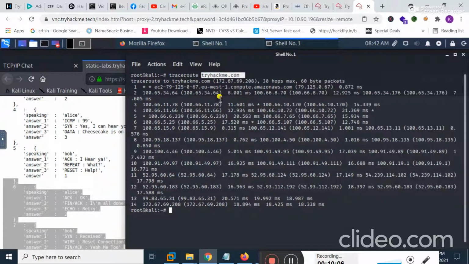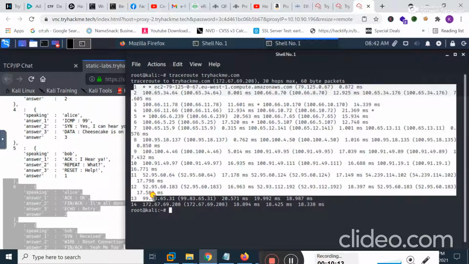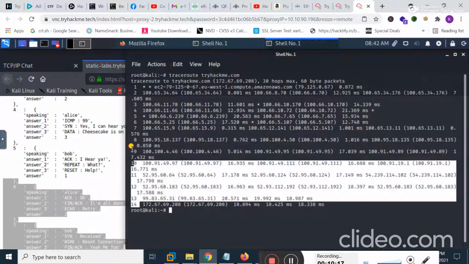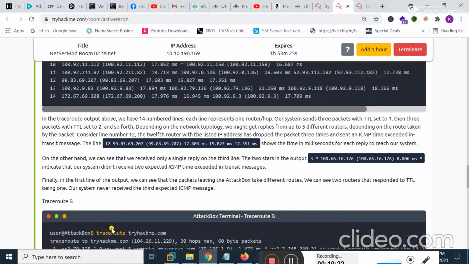When I type this command, you can see all these are the routes that it has to pass in order to reach tryhackme.com. In total, 14 paths lie between this machine and tryhackme.com.